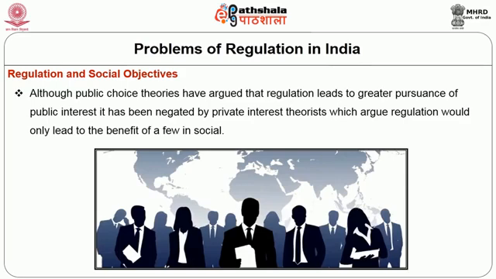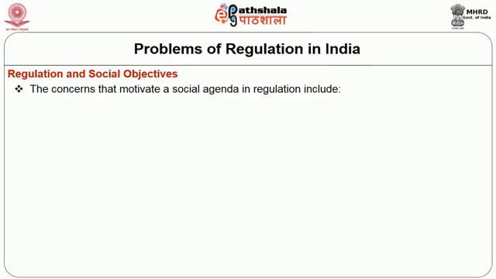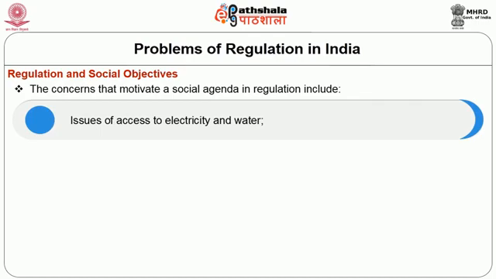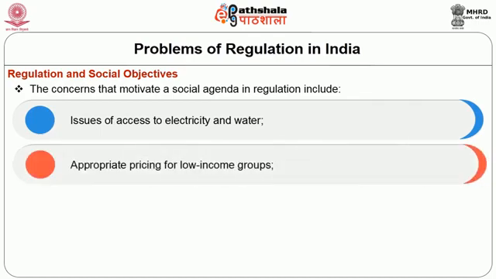Next is regulation and social objectives. Although public choice theories have argued that regulation leads to greater pursuance of public interest, it has been negated by private interest theorists, who argue regulation would only lead to the benefit of a few in society. The concerns that motivate a social agenda in regulation include issues of access to electricity and water, appropriate pricing for low-income groups,